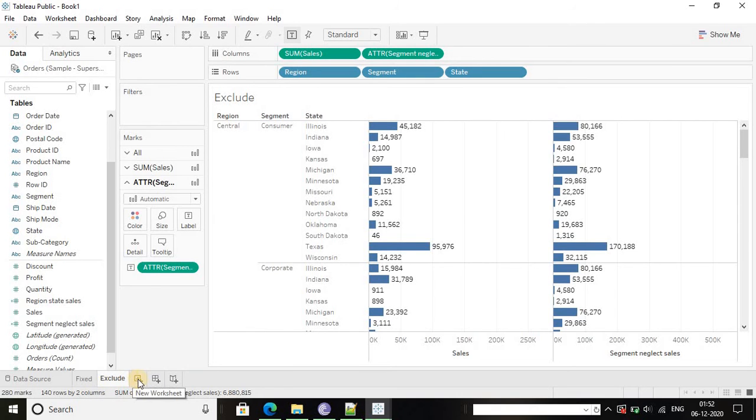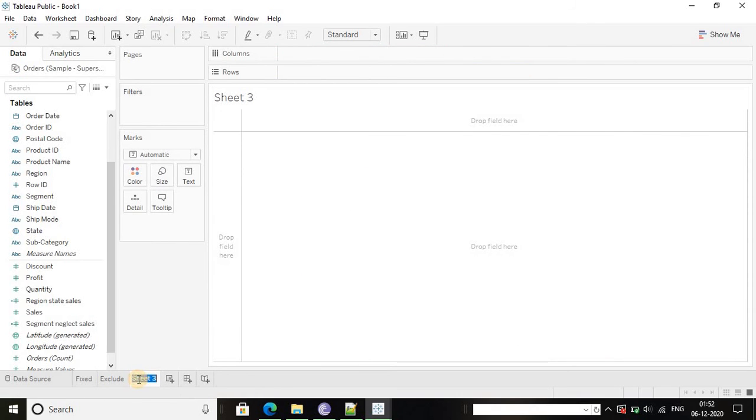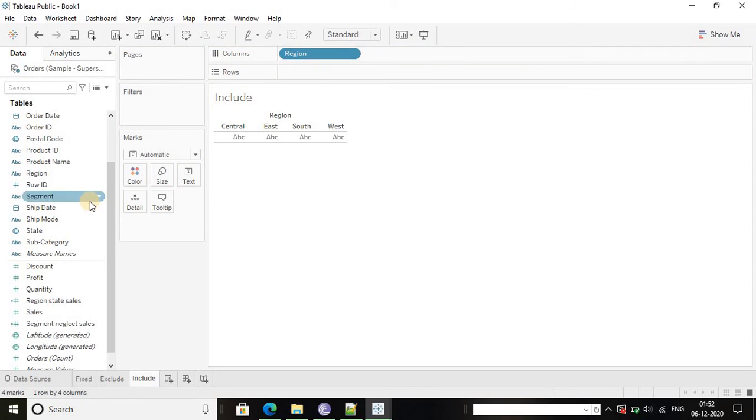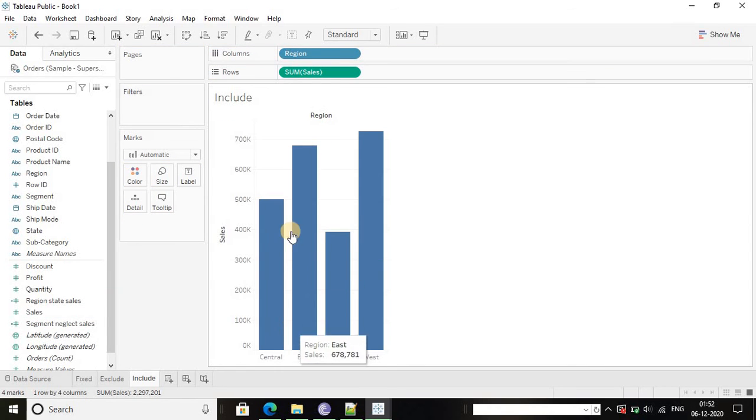So the next is include. Include is used in the situation where we want to show different aggregations in different columns. So for the same, first of all I'm going to show the region wise sales here.